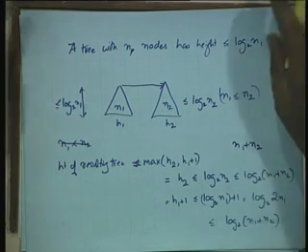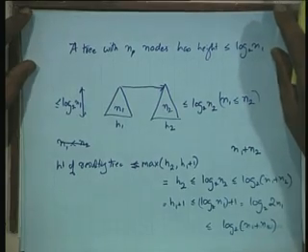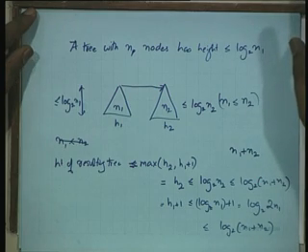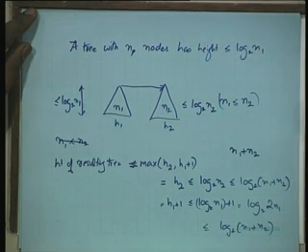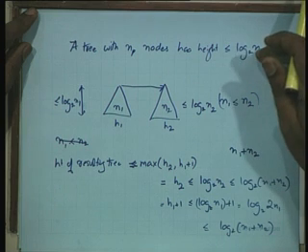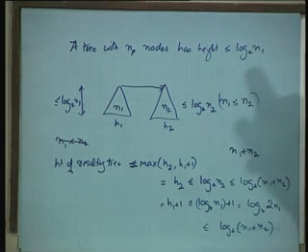Is the base case true? For n equals 1, the height becomes 0. Let us define the tree with only one node as having a height 0. If n equals 2, this becomes 1, which is okay. When you have 2 nodes in the tree, it has height 1 by definition.